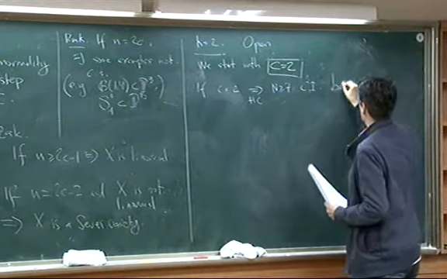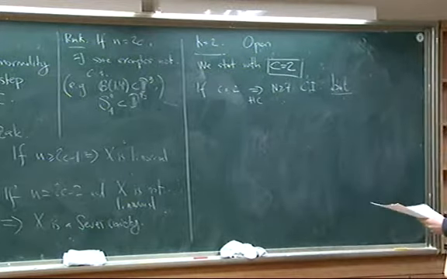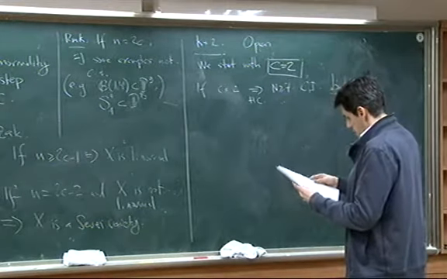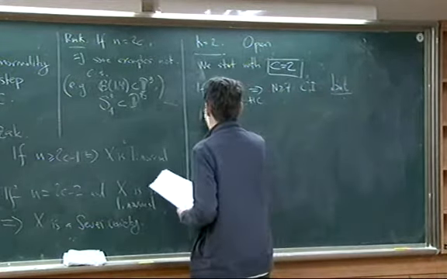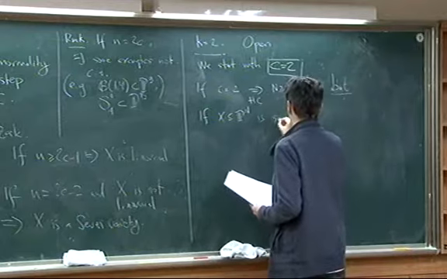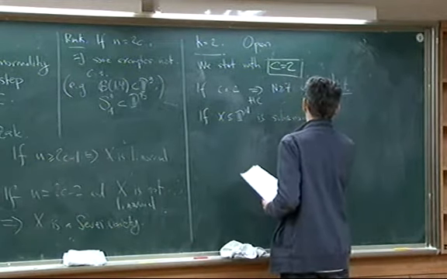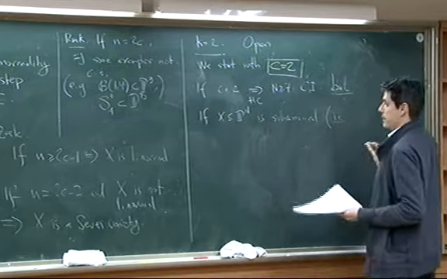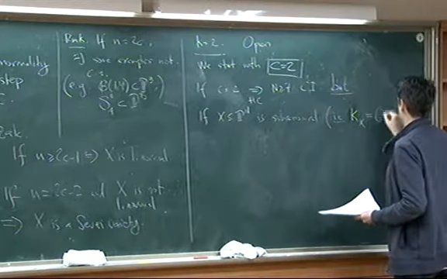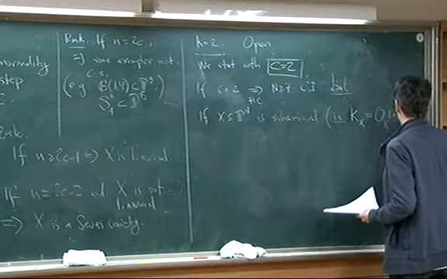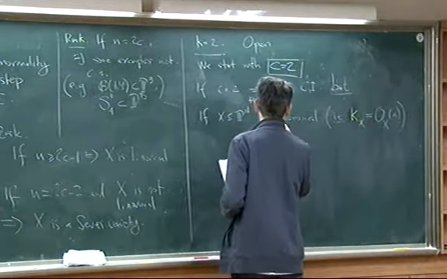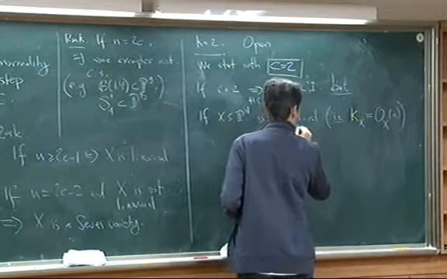But let me point out that if you have a subvariety X in Pn which is subcanonical, meaning the canonical bundle is a multiple of the hyperplane class, and n is greater than or equal to 3, then